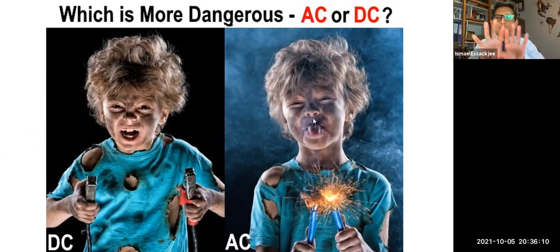But for the situation we are discussing with IoT and so on, we need to know that AC is more dangerous. So what I wanted to tell you is that we need to be cautious when we are working with AC. DC can also have its consequences, but be very careful when we move from our IoT small devices to equipment and apparatus connected to AC. Now we need to be much more cautious about what we are doing.